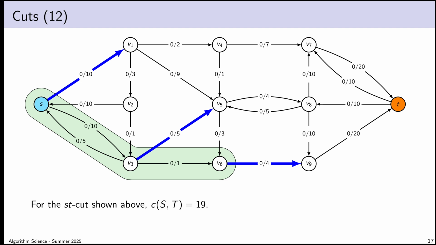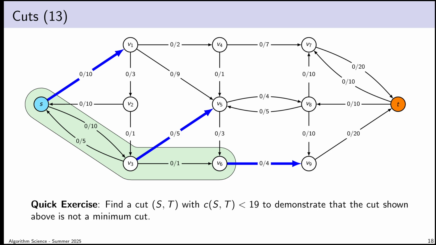Okay, so maybe a quick comprehension exercise before we continue. Go and find me a cut that has capacity less than 19. That's a way of demonstrating that the cut I've shown here, which does have capacity 19, is not a minimum cut. So pause the video and try that. One option would be to compute a cut from scratch, but there might be an easier way if you just rewind a little bit. The key thing to understand is if you are presented with a particular ST cut and